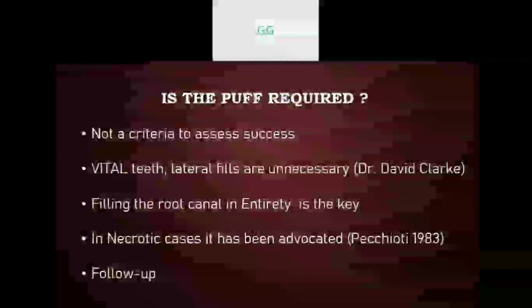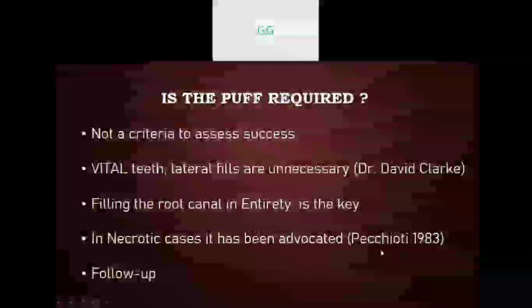So this is what Dr. Schilder talks about in the case of overfilling. And overfilling again now is a concept that is fading out, because this again cannot be measured while doing a clinical root canal treatment, because we cannot assess at any point that we have filled the root canal to its entirety. We can only be sure of the procedures and the steps that we have followed during the root canal treatment.